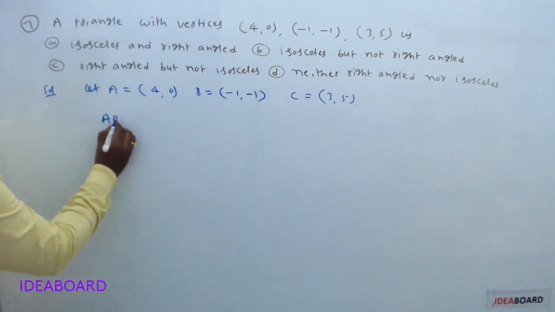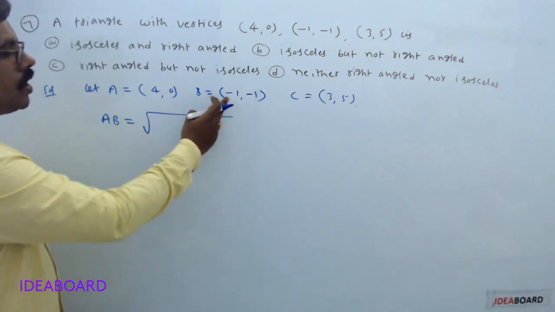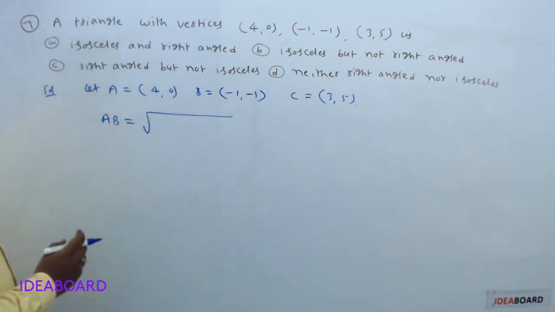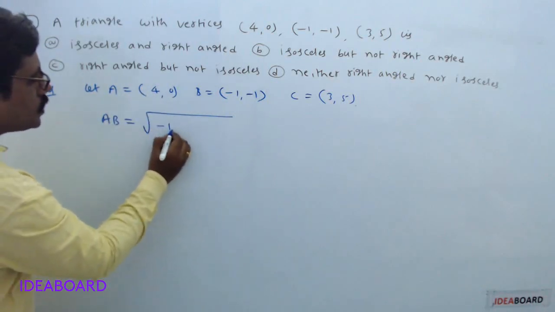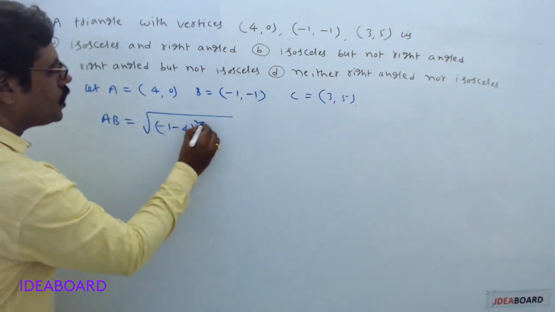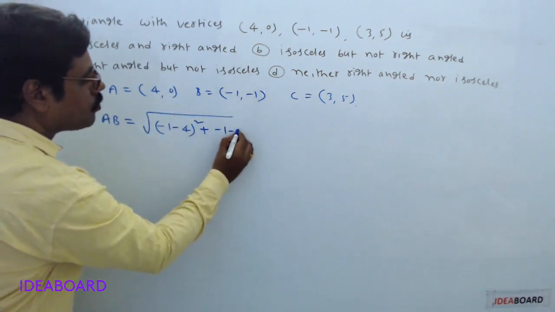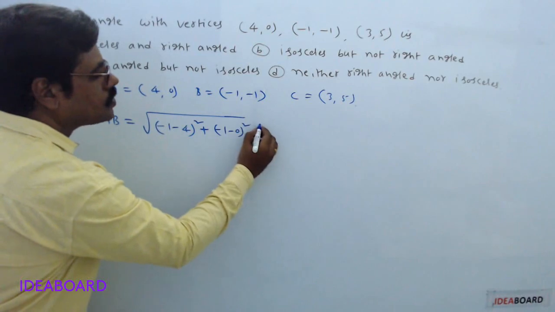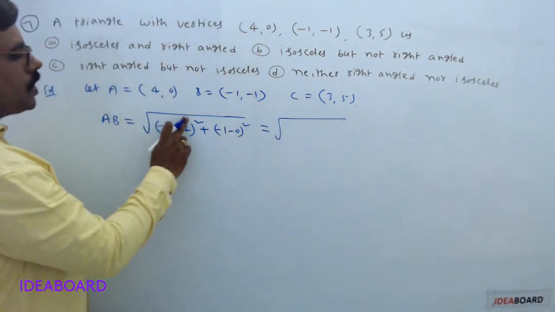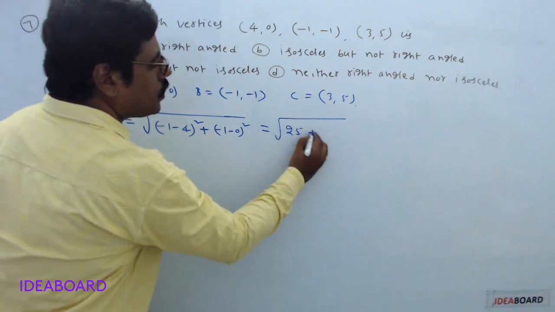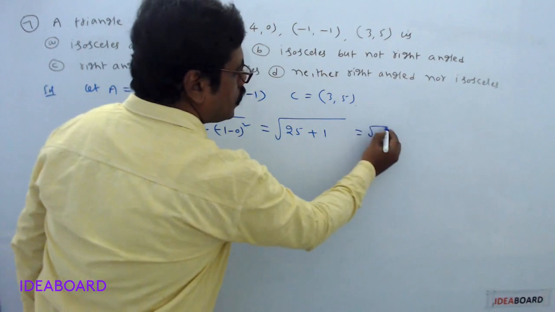So AB equals, applying the distance formula on A and B, square root of the difference of x coordinates whole square, that is (-1 - 4) whole square, plus the difference of y coordinates whole square, (-1 - 0) whole square. It is square root of (-5) whole square, 25, plus (-1) whole square, 1. It is root